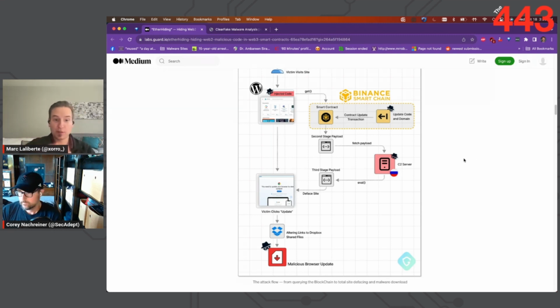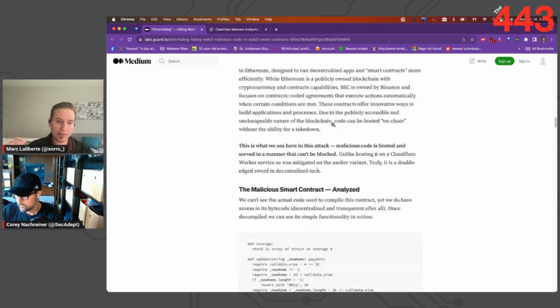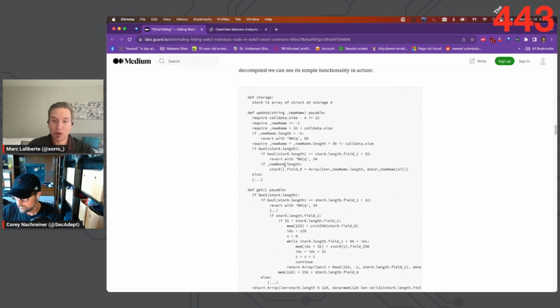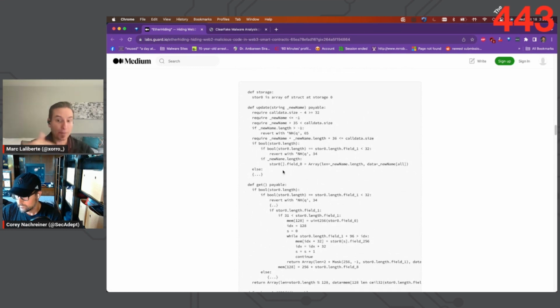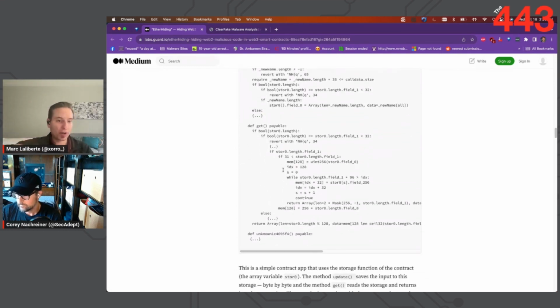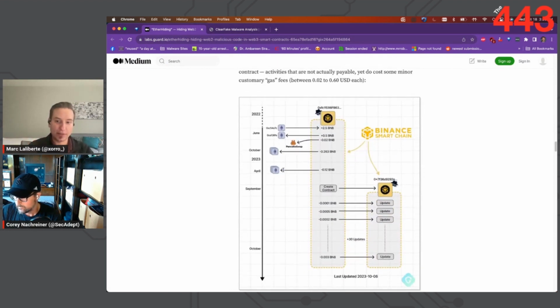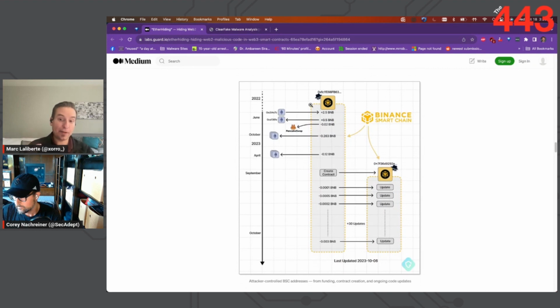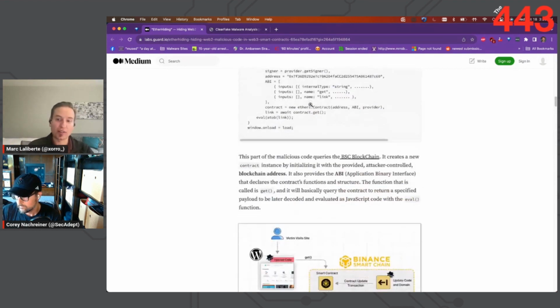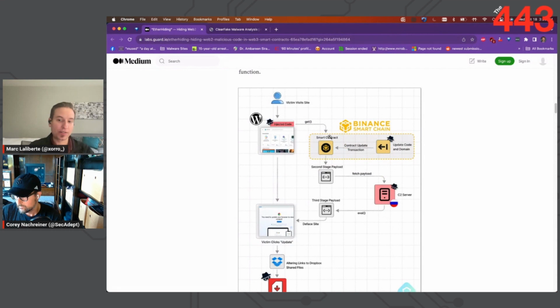They found that the smart contract in this case was pretty simple. It contained a data storage array, so think of a variable that can hold arbitrary data. It had an update function where the owner of the smart contract, the cryptocurrency wallet that owns it, could update that data storage array. And then it had a get function that would return the contents of that data storage as encoded text. The first smart contract was uploaded on September 9th. They noticed that the first update was literally just a test. It had the string test in there.